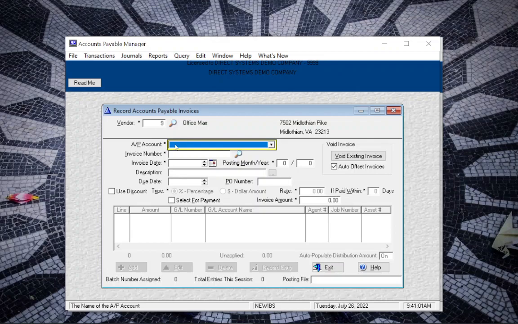Then you want to select the AP account. Some companies will have more than one AP account. It may just default to the one that you have. Then you would enter the invoice number. Now it will warn you if that number has been used before, but it will allow you to use that number again should you choose. Then you enter the invoice date,